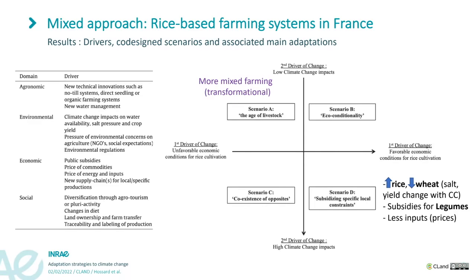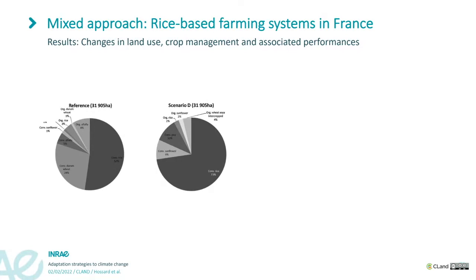What I wanted to highlight is that the types of adaptations proposed by stakeholders were different according to these different scenarios, and in some they were more transformational, like mixed farming, and in others they were more incremental, like changing crops because of the impacts of climate change mainly. So I will now focus on scenario D, and it will be the last slide of examples before the conclusions. So the adaptations would be changing mainly land use, so crops, crop management,